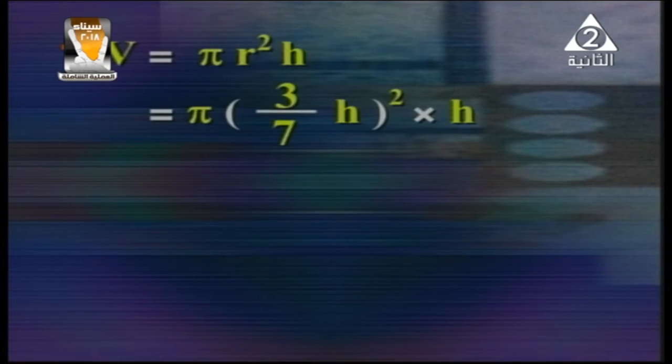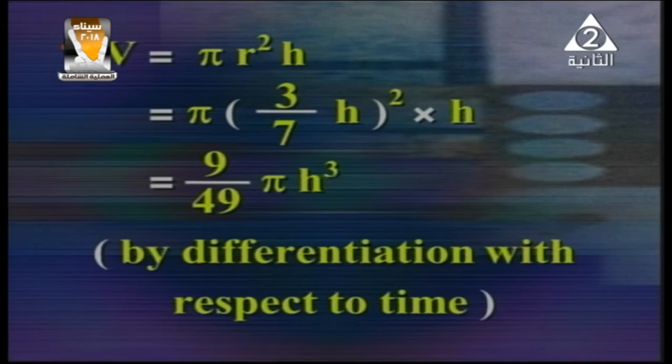Since the volume equals what? The volume of a cylinder is the area of the circle times the height, pi r squared times the height. By substitution of r equals 3/7 h, pi times (3/7 h) to the power 2 times h, then the volume equals 9/49 pi h to the power 3. By differentiation with respect to time t,